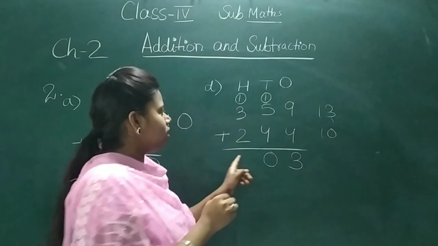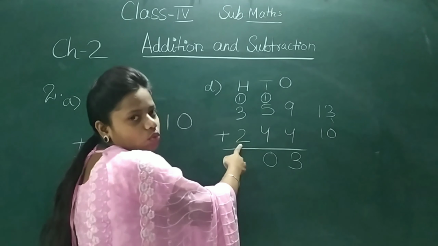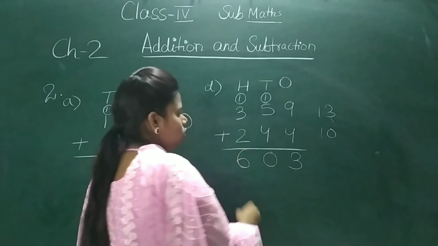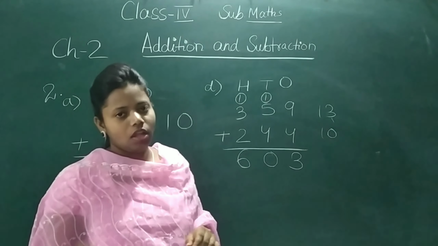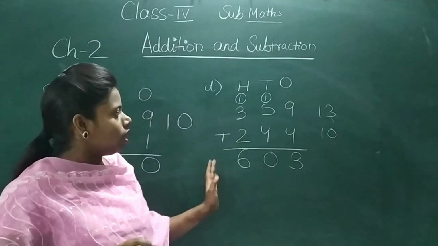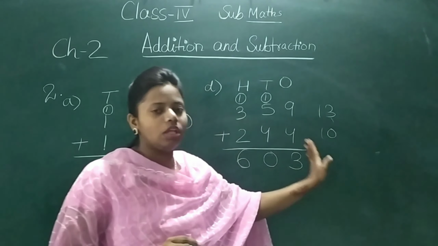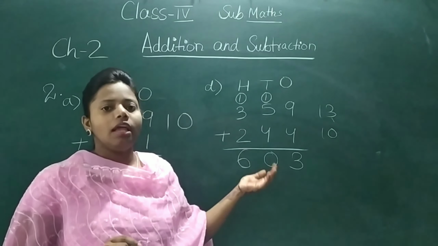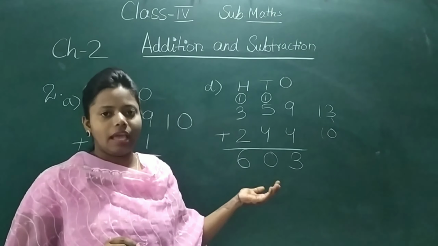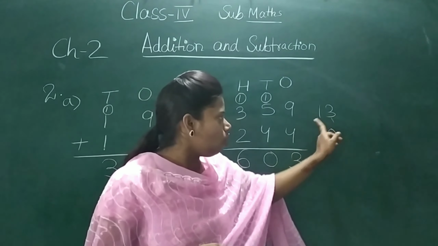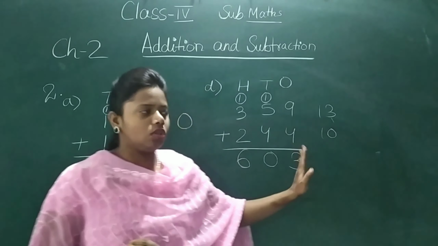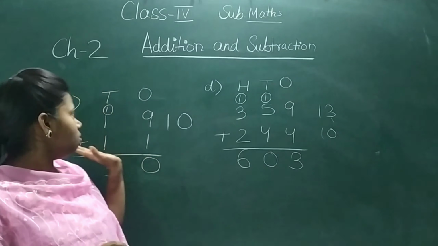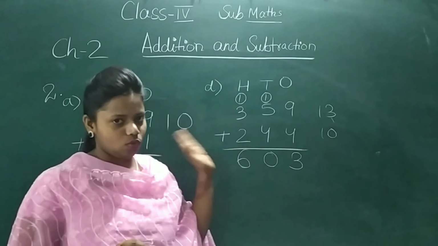Okay. Now let's add this one. 3 plus 2 is 5 and carry 1 is 6. So this is the answer. Okay. So I have shown you all this so that you will understand it better. Many of you have confusion in doing addition with carry, so that is why I have shown you all this in detail. Okay. So this was question number A and B I have shown you.